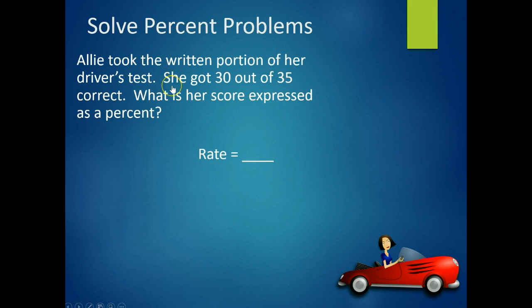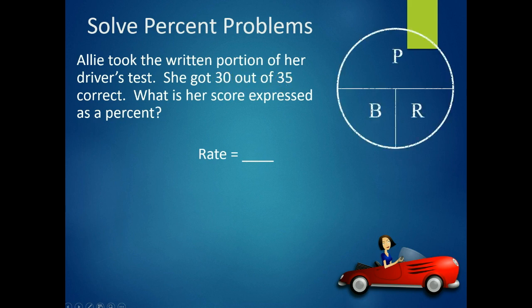Next, in the second sentence, we can determine what is the base and what is the part. She got 30 out of 35 correct. 35 sounds like the base. 30 is the part. To solve for rate, in our circle formula, we'll cover up the R for rate,